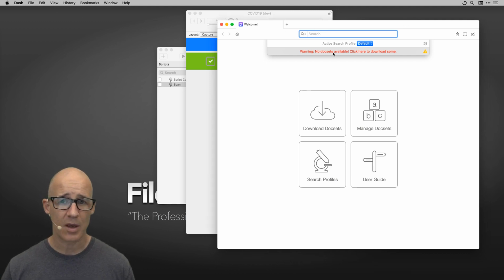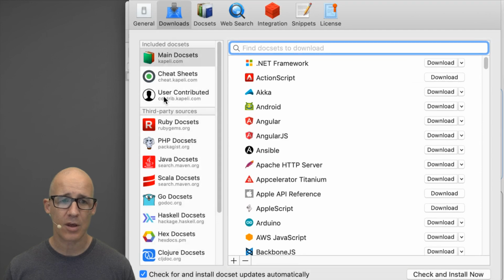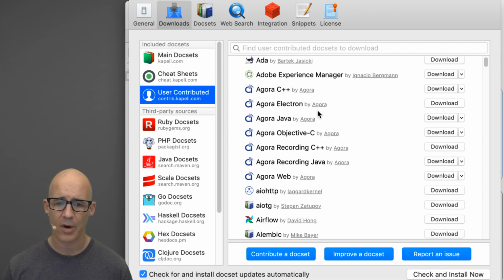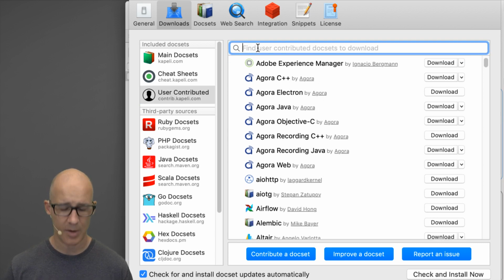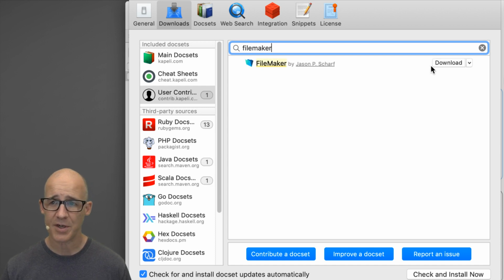In Dash, we can add a catalog or a doc set. So follow along with me here. In Dash, we have this user contributed area. And it'll say that some of them are old or supported or not supported. But if I go to the user contributed and I type in FileMaker, it will find it from JSON, and then